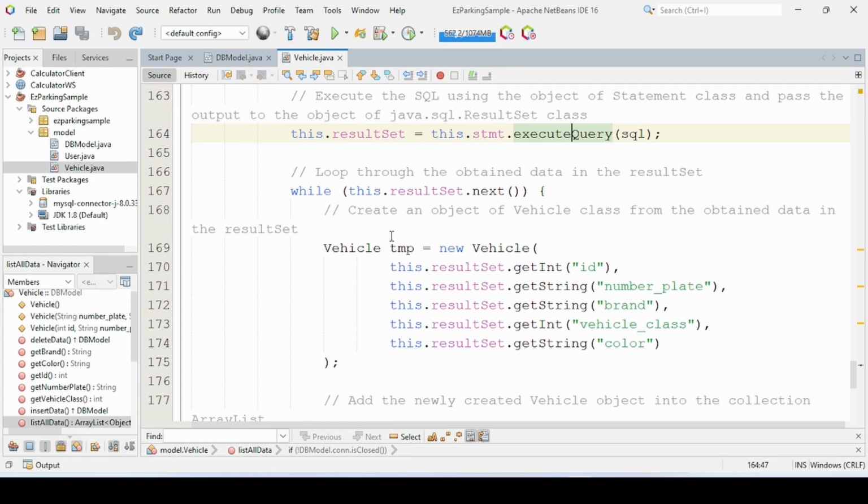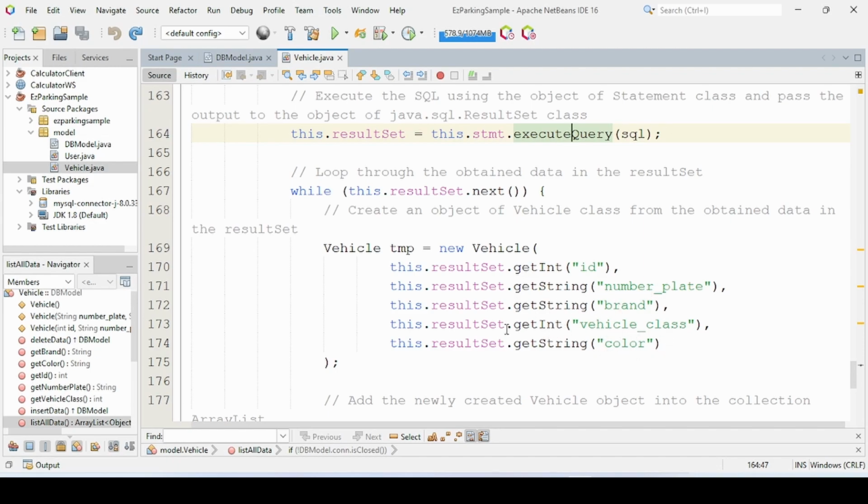So in this case, we create a new temporary vehicle object over here, and then use the constructor with all the parameters to fill in all the data that we have read from the database, the ID, the number plate, brand, vehicle class,